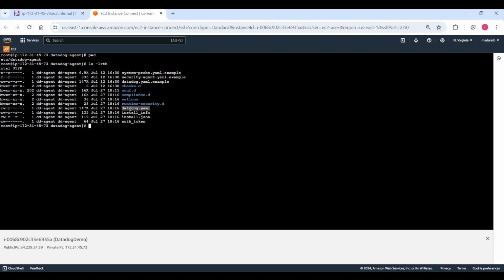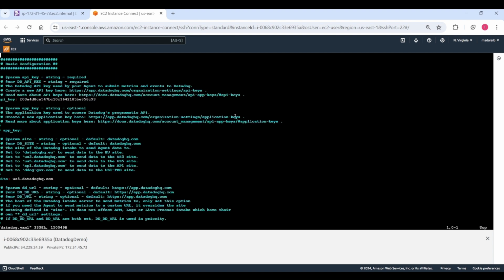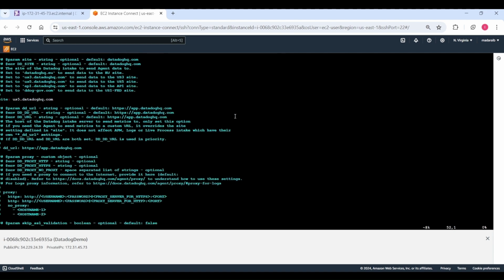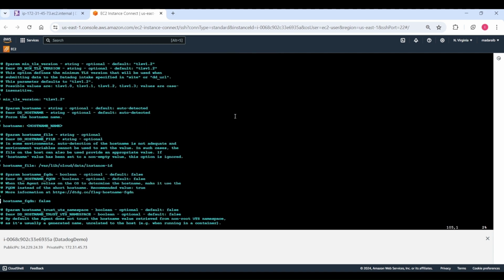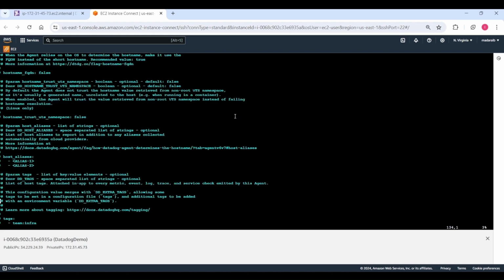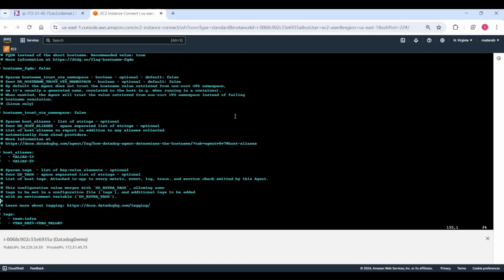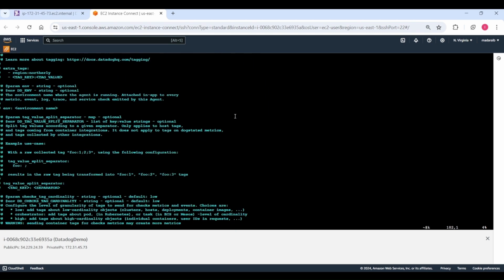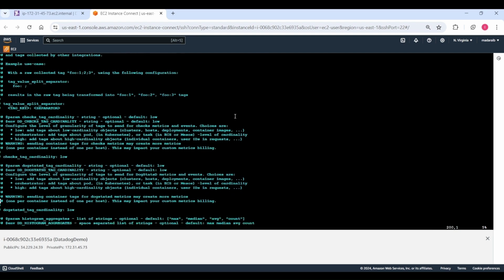At the moment, I'm not too worried because this is not a production instance. It's just a test instance with the trial account, so I'll delete it after some time. But in your instance, if you're using it for production, you should not disclose your API keys and those things. So you can see all those details here. So let me go back,